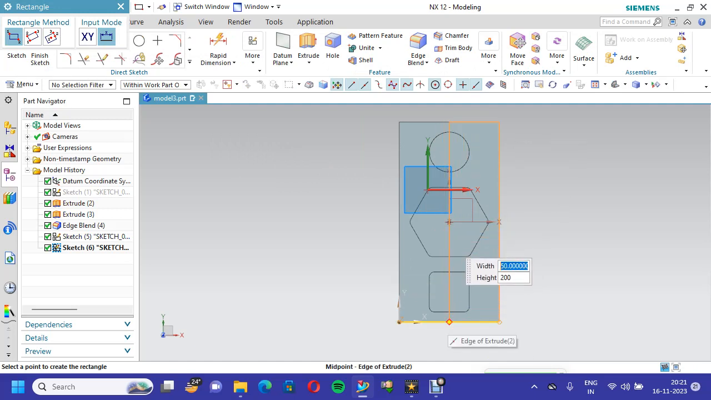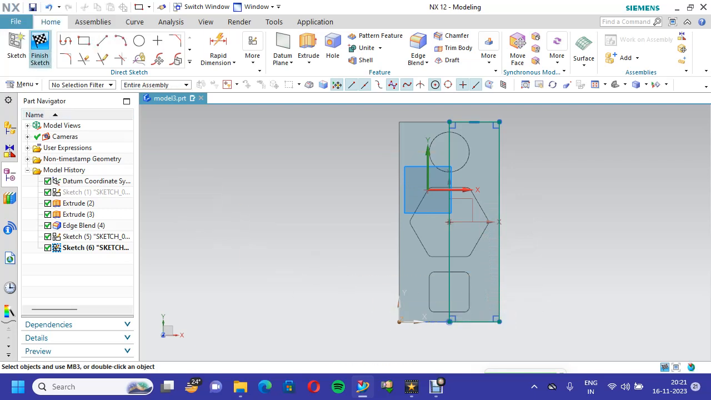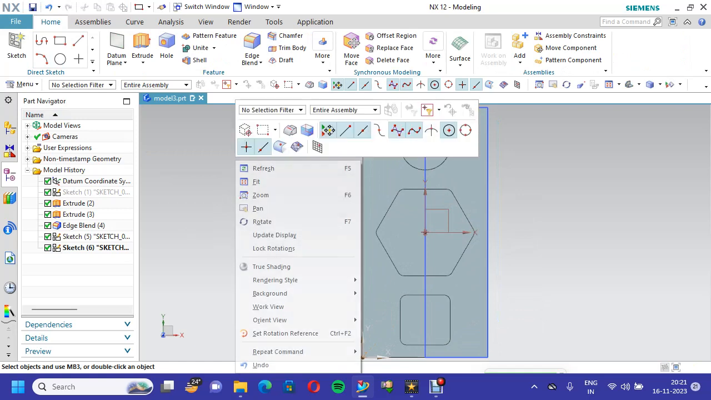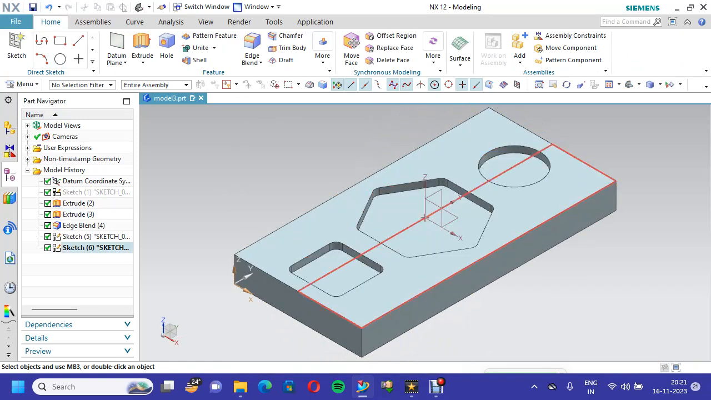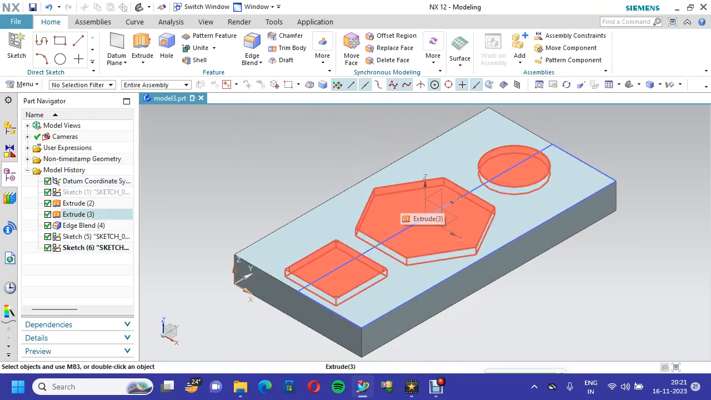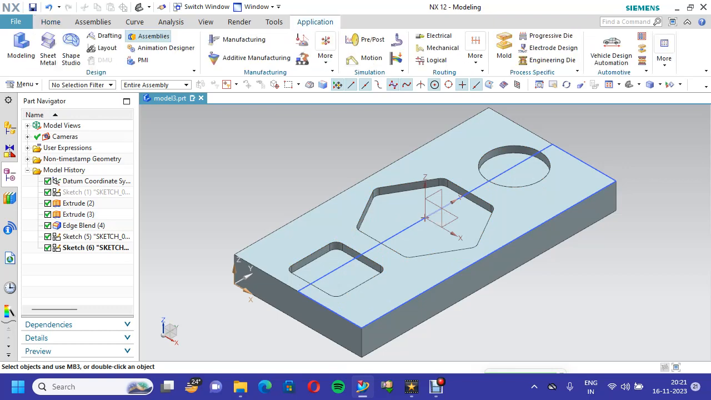Here, this is your midpoint. This half of the portions, this portion, this portion, this portion, we can trim it. This sketch, go for isometric view. This half of the portions we can trim it, and the remaining portion we can take machining. Go to Applications, go to